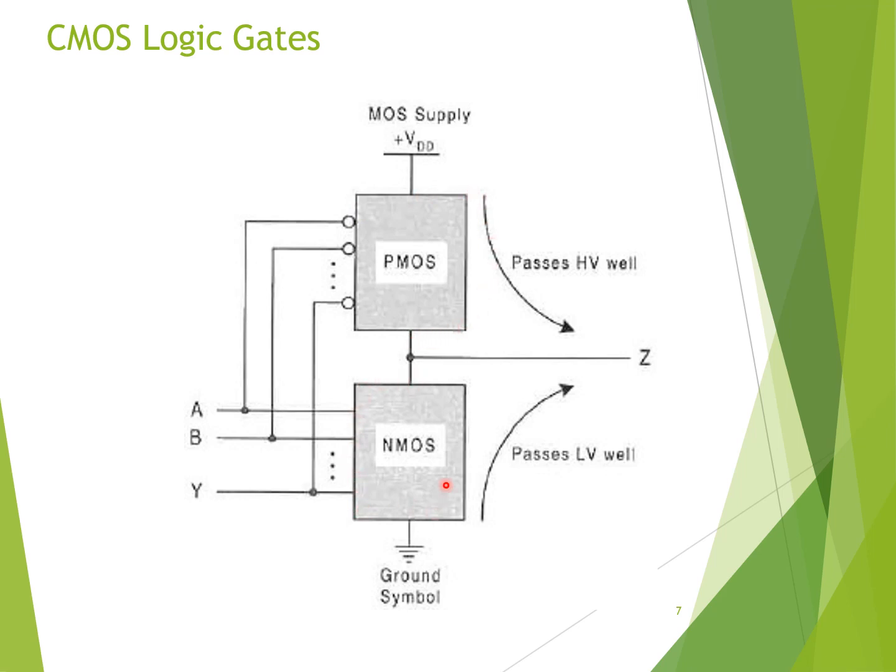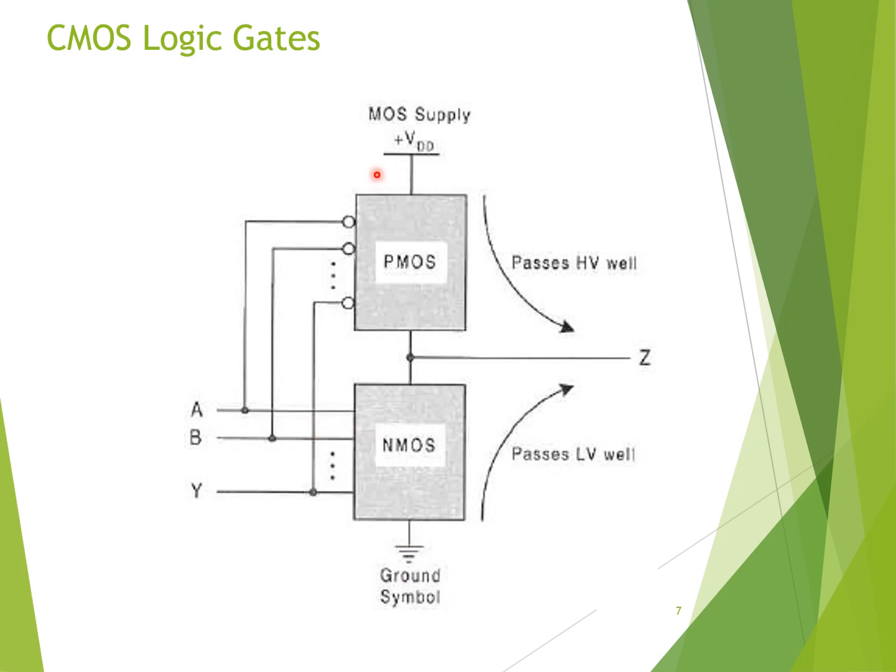If there is no bubble in the gate terminal, we are calling it an NMOS. So it's a combination of PMOS and NMOS, which means two gates have to be interconnected and two sources have to be interconnected, and the two other terminals from PMOS and NMOS have to be interconnected to get the output. So the drain of PMOS is connected to the VDD, that is the supply voltage, whereas the source of the NMOS is connected to the ground.